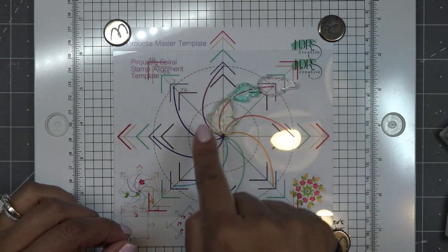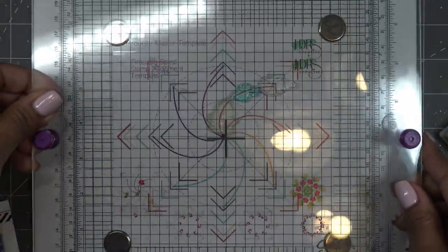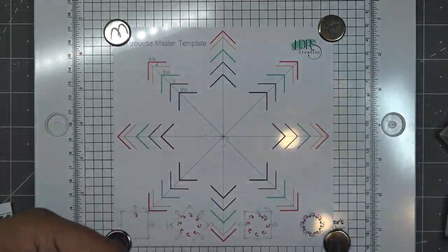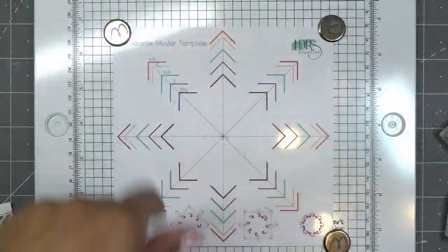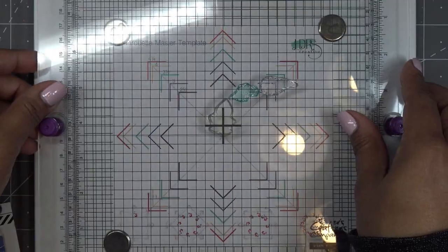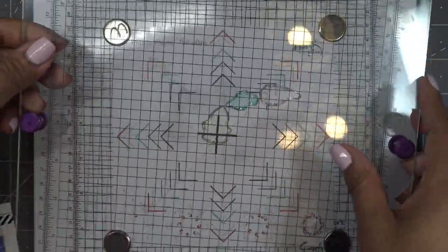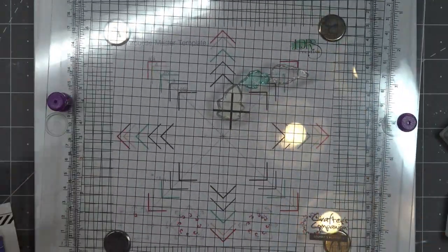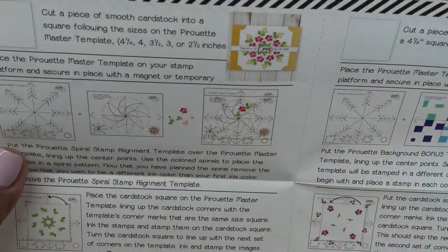So you have this little continuation, and let's say you want them all to be the same color, so it's all green or whatever. Go ahead and pick them up, put your paper down, and start stamping the same way. Just turning, ink it up, stamp. Turn your paper, ink it up, stamp, okay? And then you're going to have a little effect that's a spiral, right? Okay,